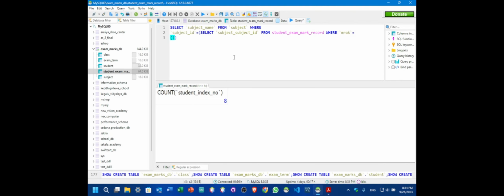So we can select the minimum value from the mark column, and